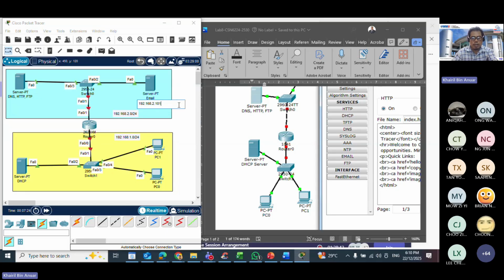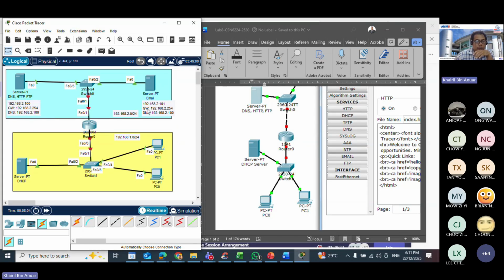Later on you also need to identify the gateway, 192.168.2.254, and you also have to put the DNS as 192.168.2.100, which is this one. Later I'll address it. Copy and paste. Same thing over here, but for this one the IP should be 100. The gateway is the same, and the DNS is itself.